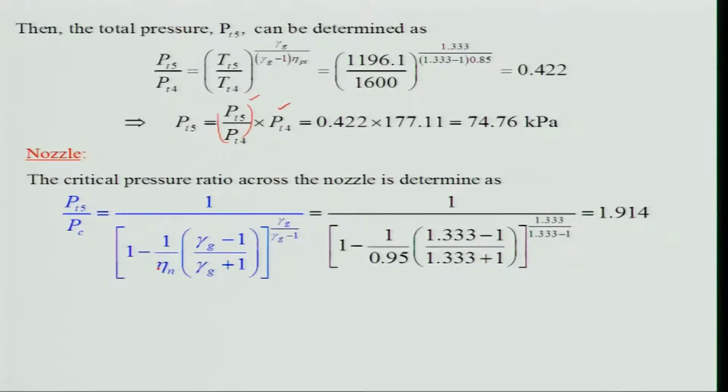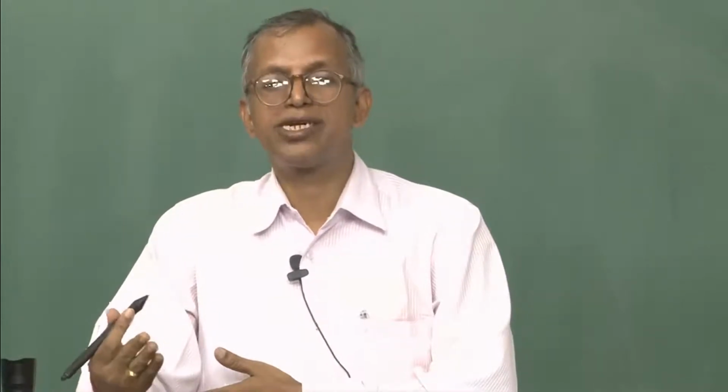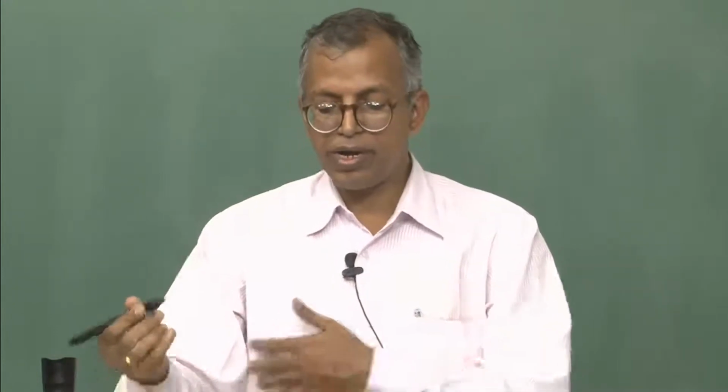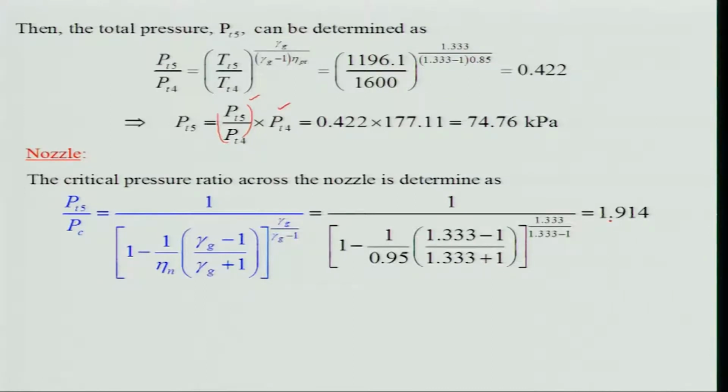Generally, the efficiency of the nozzle is quite high, because it is an accelerating flow, so the losses are not much. However, if there are shock formations, over expansion, under expansion, or a separation due to other attachments, or thrust vectoring when you are doing that, then eta n will be different. Otherwise, it will mostly be around 1.914, provided eta n is 0.95.